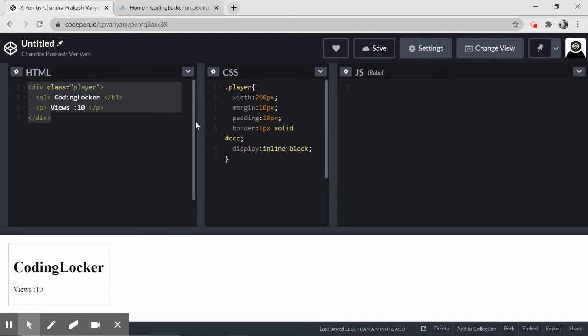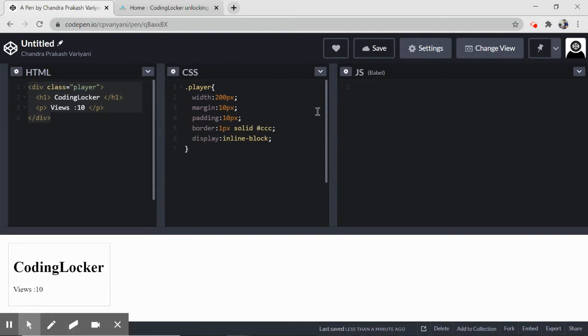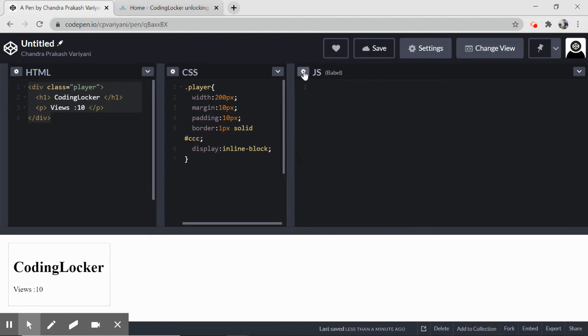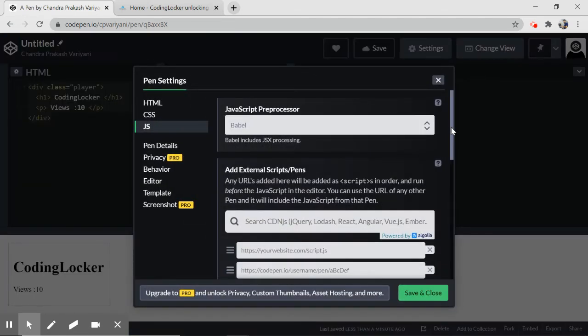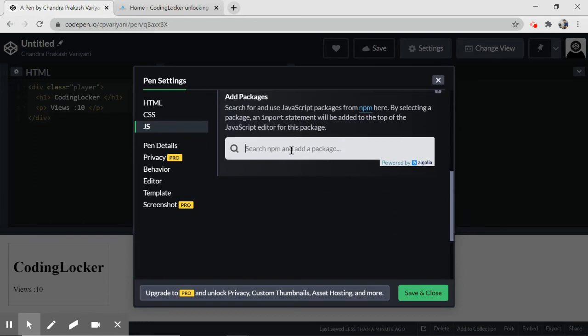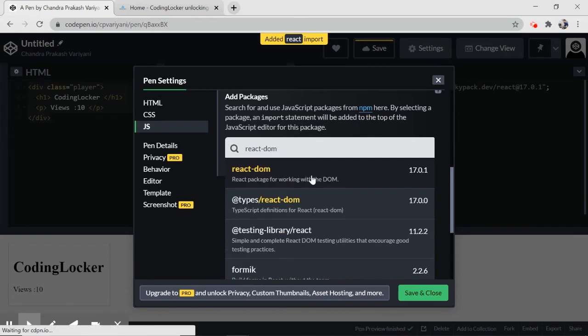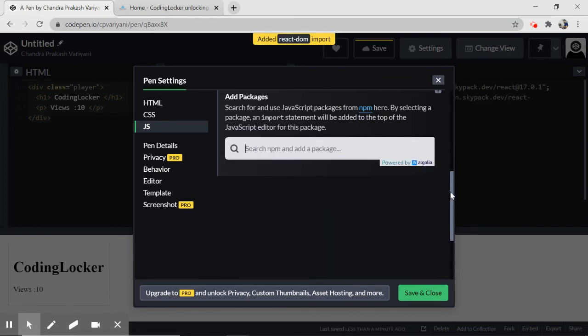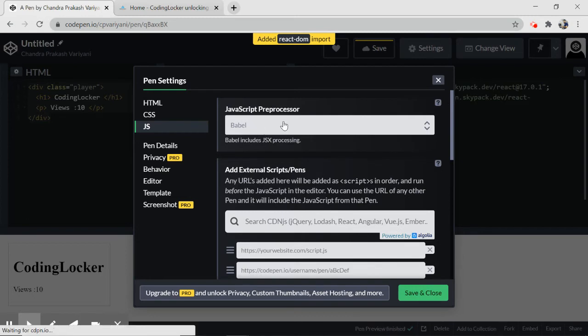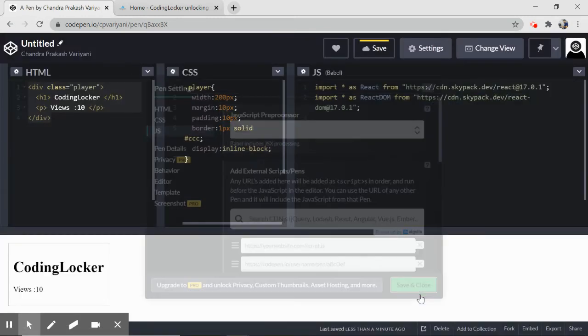How do we create a component in React? The function one, that's the simplest one. For that, go and click on this setting, and first of all you have to add two packages. One is React and the other one is React DOM. These are the two packages you need to import, and then make sure you have the preprocessor selected to Babel.